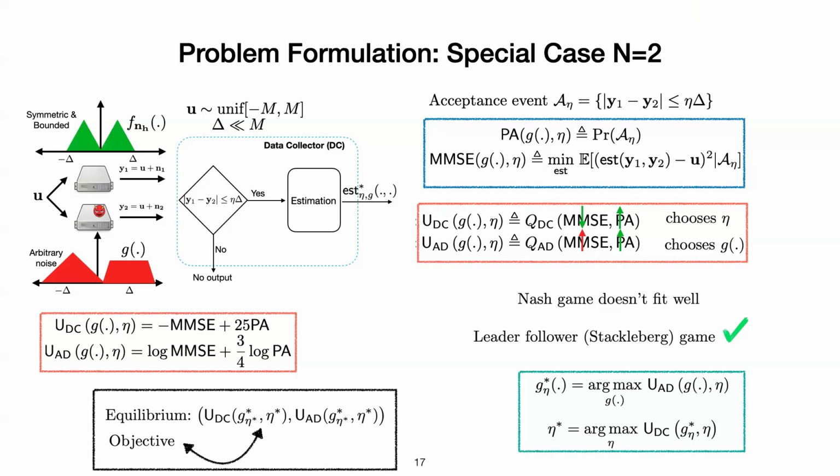Yeah, I got you. I guess I'm just saying that when I think of the first type of utility function that would make sense to me, for the data collector or the adversary, it often comes up that you would have some interaction between the terms. So you wouldn't even be able to make that assumption, because maybe the data collector wants to increase probability of acceptance, but there's a huge utility penalty on any inaccuracy. So there's some interaction between MMSE and the probability of acceptance in that utility function. Yes.